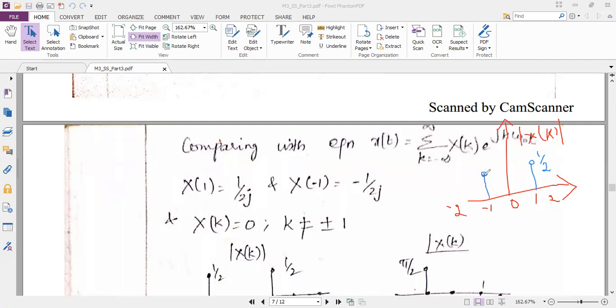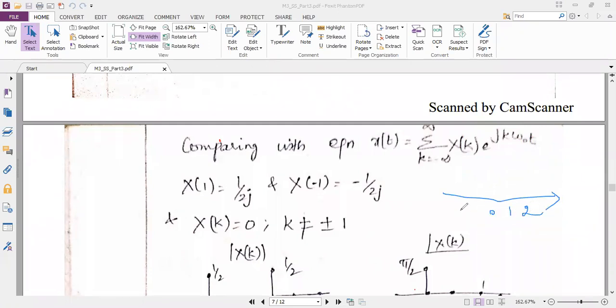Is it 1 by 2? So we have completed the plotting of the magnitude spectrum. After completing the magnitude spectrum, we should draw the phase spectrum. To draw the phase spectrum, let me just draw the axis. Again I will draw 0, 1, 2, minus 1, minus 2 here, and I will mark this as